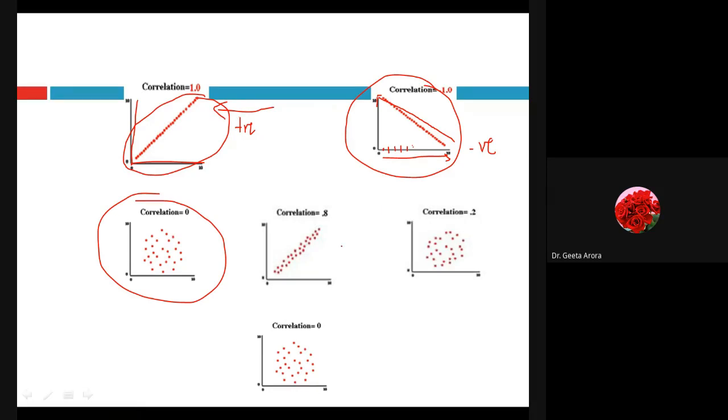Here also we are getting a straight line, but it is actually not straight, and the points are scattered. If I draw a line in between, the points are scattered along the line. And here, if it is 0.2, see, they are scattered along a straight line and they are very much apart also.